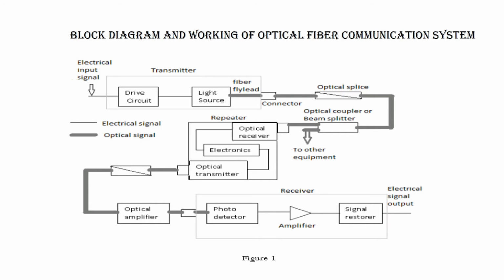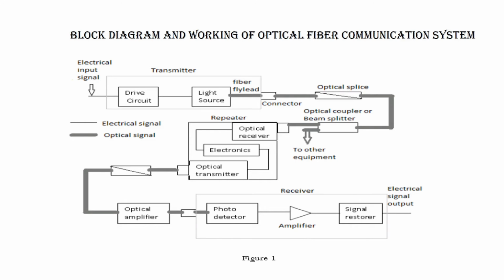Now if I send a signal over a very long distance, the signal will get weak, and if the signal is getting weak, we need to regenerate that signal. So as we send the signal over longer distances, there is a need to regenerate it. For that we use the regenerator, or we can call it the repeater.